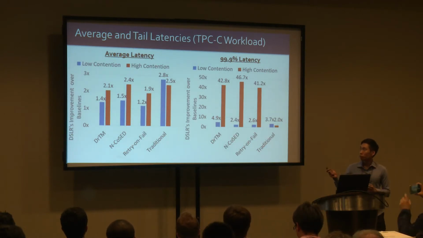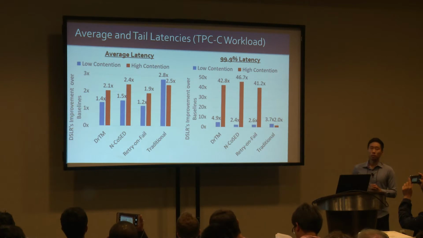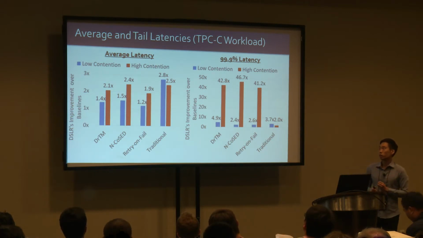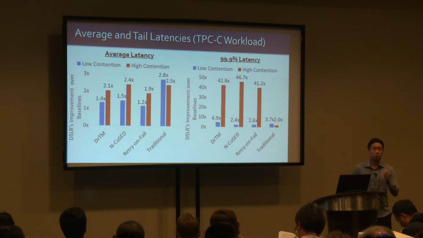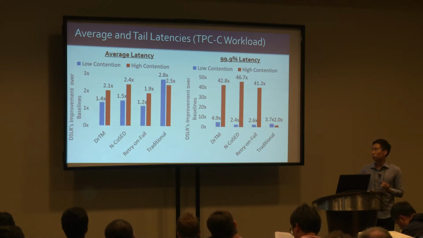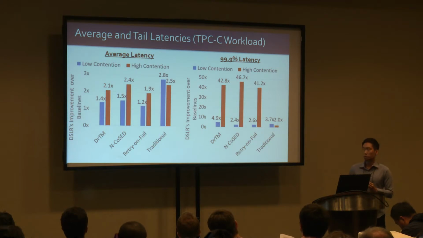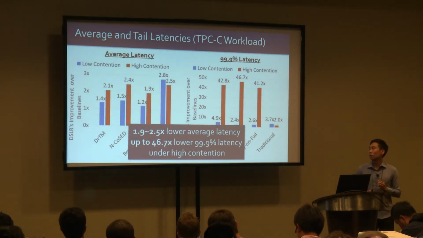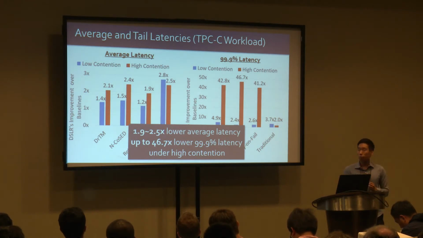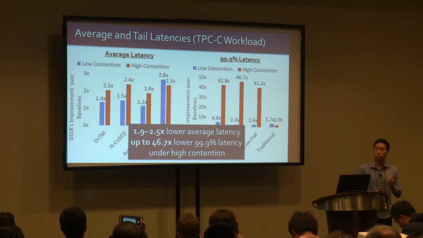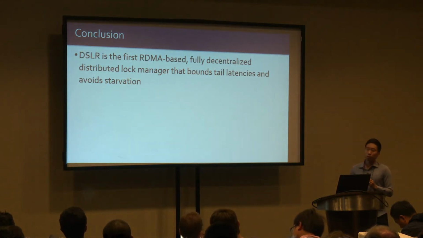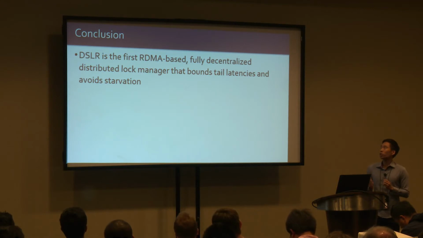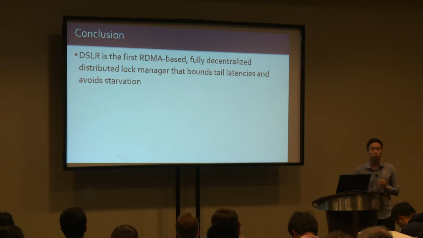So the left graph is the average latency graph, and the right graph is the 99.9% tail latency graph. In each graph, the x-axis is the 4 baselines, and the y-axis is DSLR's improvement over each of these baselines. Again, DSLR achieves 1.9 to 2.5 times lower average latency, and up to 46.7 times lower tail latency in the high contention scenario. So to sum it up, DSLR is the first RDMA-based, fully decentralized and distributed lock manager